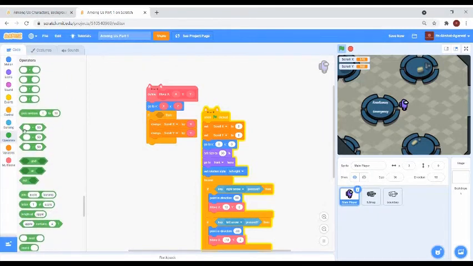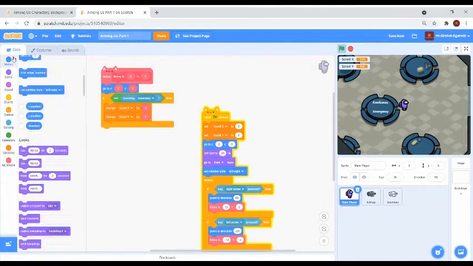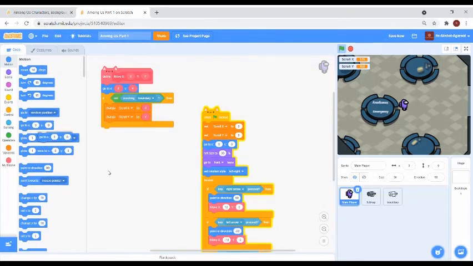Now we will go to operators and take this not block, and in the sensing area we are going to take the touching mouse pointer block and put it to boundary, and then we are going to use one more go to xy block and place it under the if not touching boundary then block, and these two values will be 0.